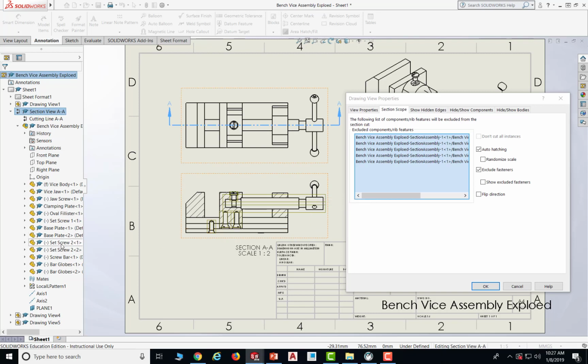So let's hover the mouse on that and take a look at which bar that is. It's going to be a screw bar. As you can see, when I hover the mouse on it, it's showing up. So I want to exclude that part. Also another bar, because I want this to show up as well, so I exclude that. Also the